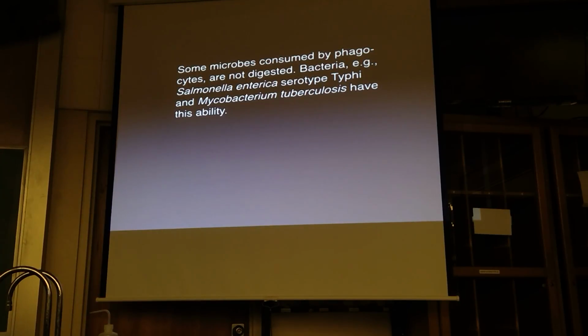Some types of bacteria can be consumed by phagocytes, and even after they're consumed, they don't die. So typically, phagocytic white blood cells would consume organisms and then digest them using their lysosomes. Certain organisms, such as Salmonella enterica, various serotypes, but it's not the only one. Several different strains of Salmonella enterica can survive inside of phagocytes, and Mycobacterium tuberculosis also survives inside